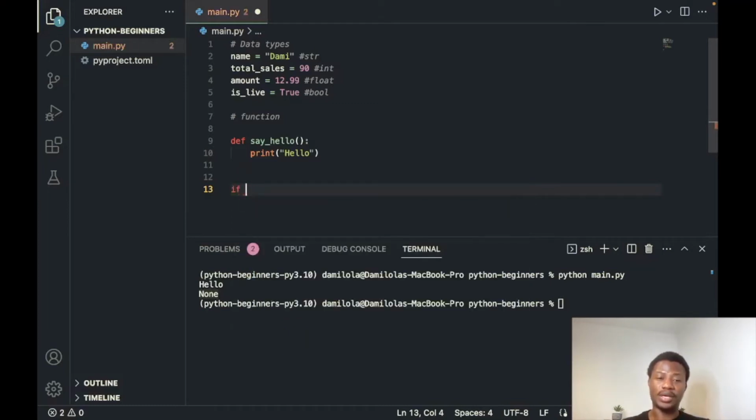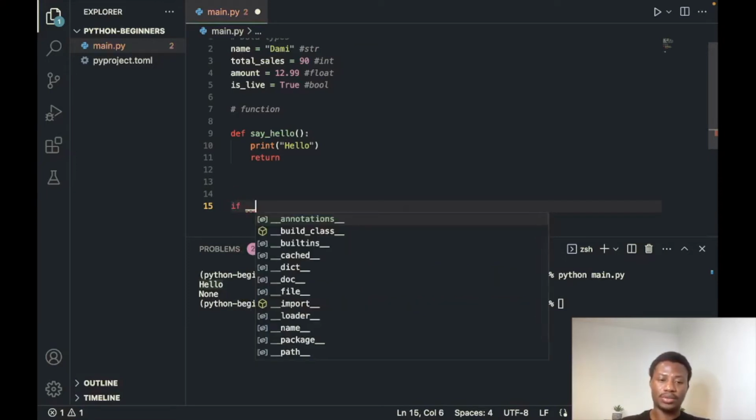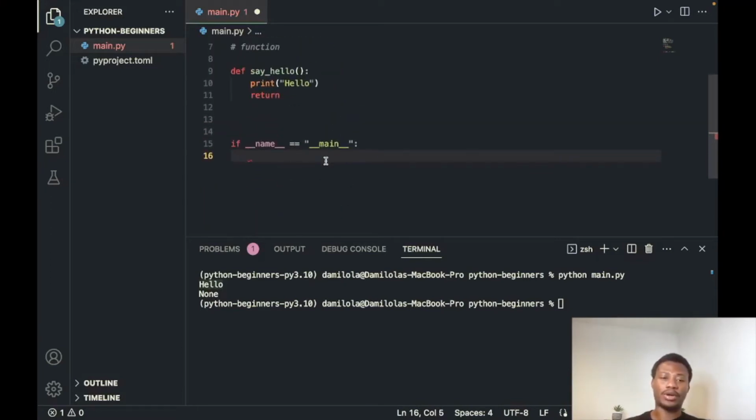Instead of running print there, we can just do something like say. The first print is, why we are saying this is because this print is the one inside the function, but this function returns nothing, so it's return none. So one thing we can actually do is come down at the base of our file and say if __name__ equals "__main__", like so. What this means is that when you're running and you come across the file main,